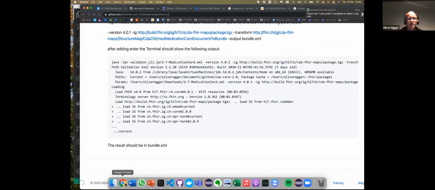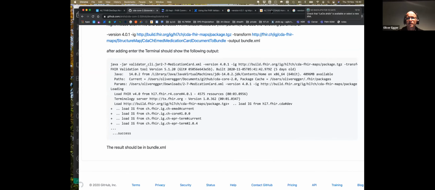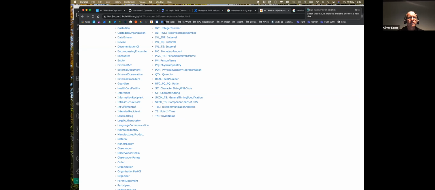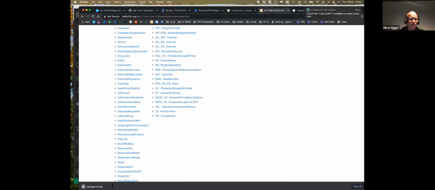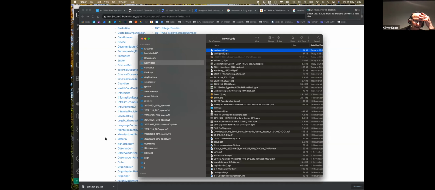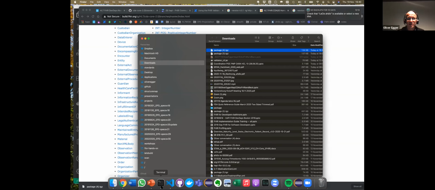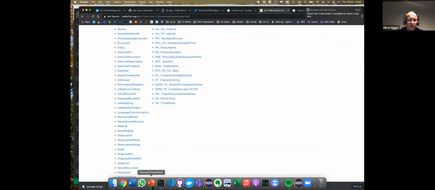So what we do, you can add here, you can do this for every implementation guide where a build is, you can take this away and add here package.tgz. And this gives you the complete description of the logical model inside. And afterwards, like Alexander told, the validator knows how to handle CDA documents. That's how the validator knows it. And actually, you could add any other logical model. So there are logical models for V2, logical models for any structure definition, and this one is the logical model for